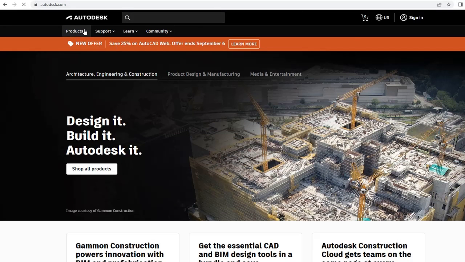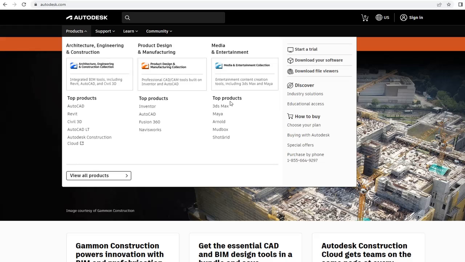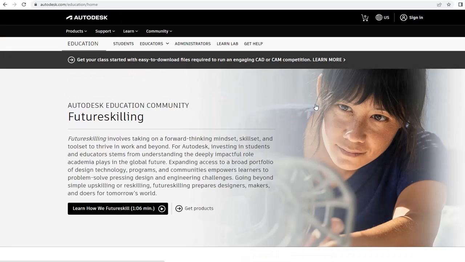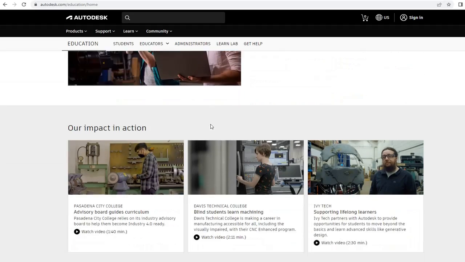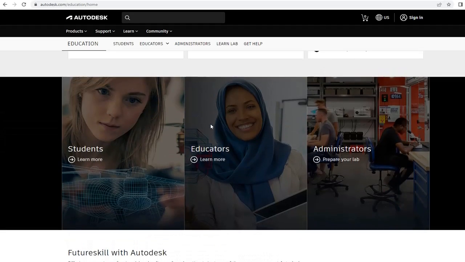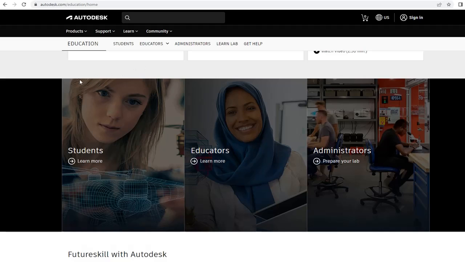If you go under products, on the right side under discover you have educational access. You can click on that, and then if you scroll down you're gonna see the access to